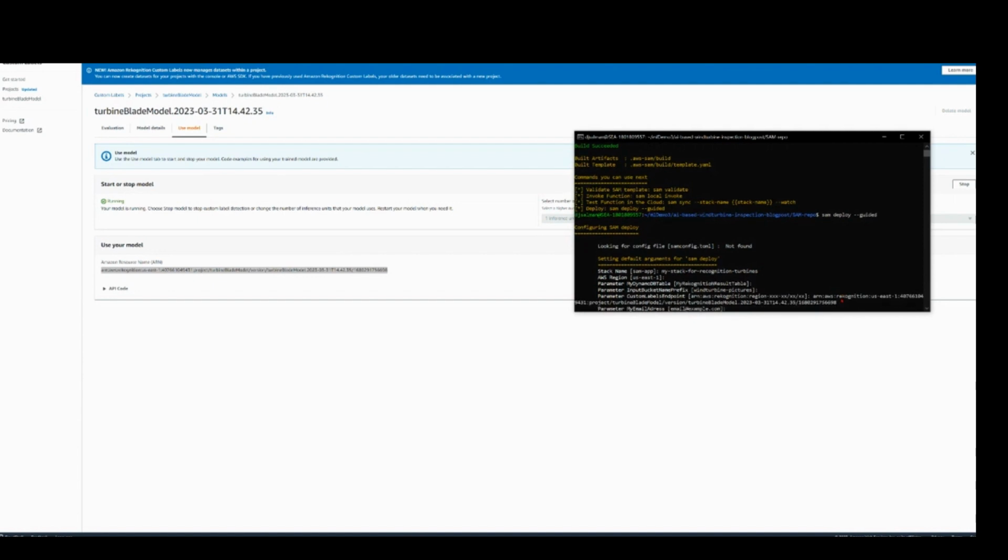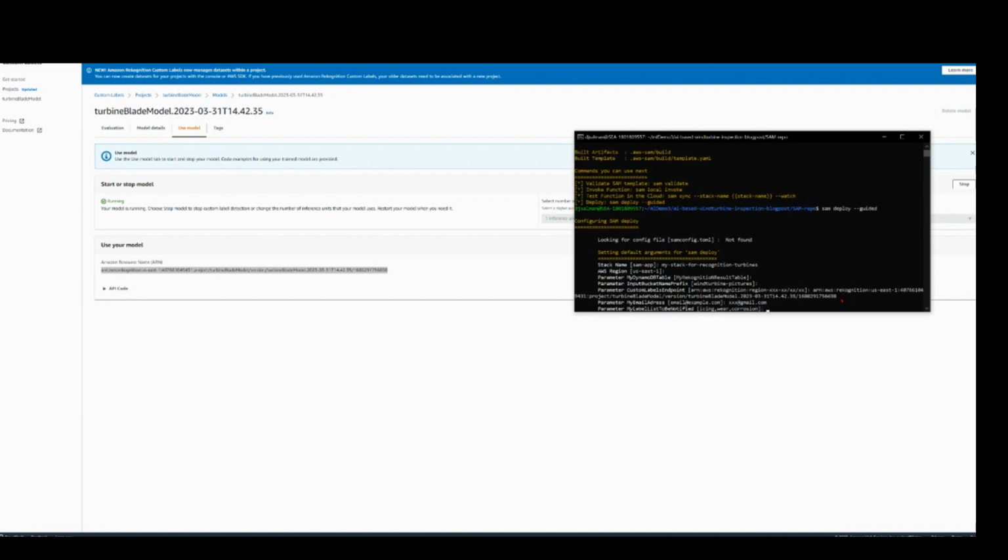Then you're going to add an email address. This is where you're going to receive that notification email based on the model running, right? This turbine picture you've uploaded is broken. This one is not broken. Just enter your own email in here. I'm not going to type my email in here because I don't want to make that public, but just, whatever, at gmail.com. And then the labels,